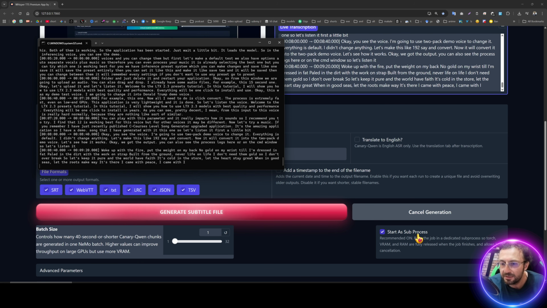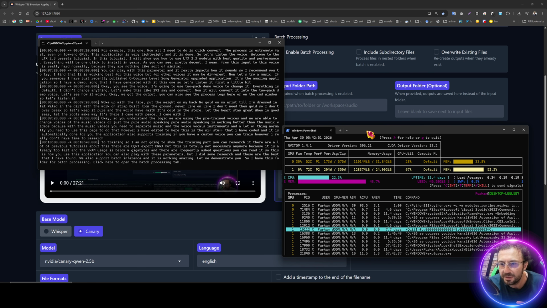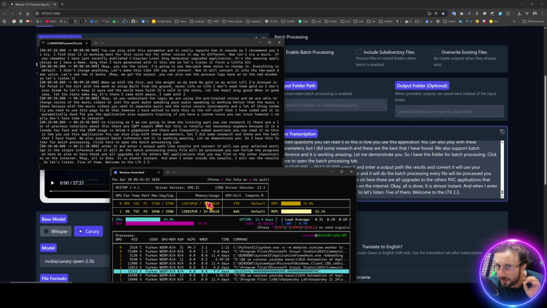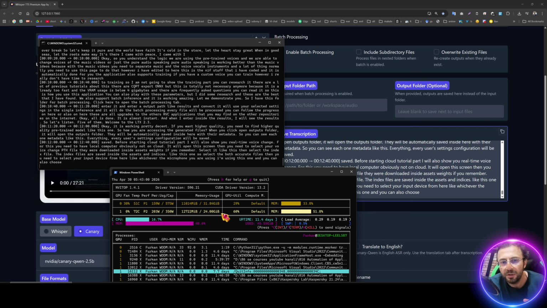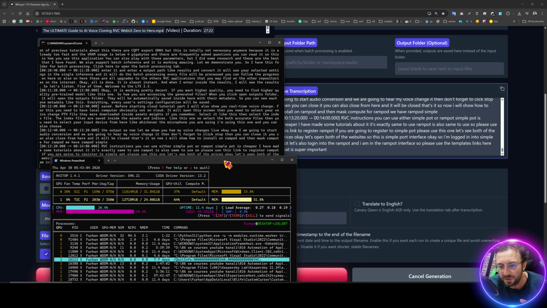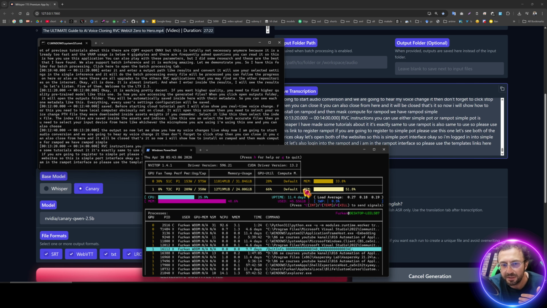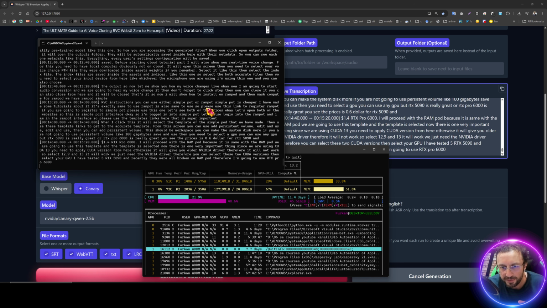One other thing is that we are starting the process as a subprocess. Therefore, after the transcription has been completed, there will be absolutely zero VRAM leak or RAM leak. So this is a very big advantage. If you don't want a subprocess, you can uncheck that box, but I recommend running as a subprocess because it is extremely effective.